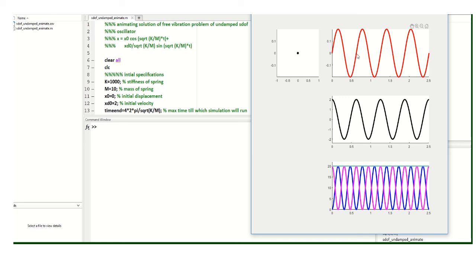That's why the circular frequency corresponding to that period is called the natural frequency. Natural frequency is a property of the system. The moment you select k and m, the natural frequency is defined. There is not going to be any change in that natural frequency, whatever the initial condition. You will also observe that this curve is a sine curve, whereas the velocity curve is now a cosine curve.